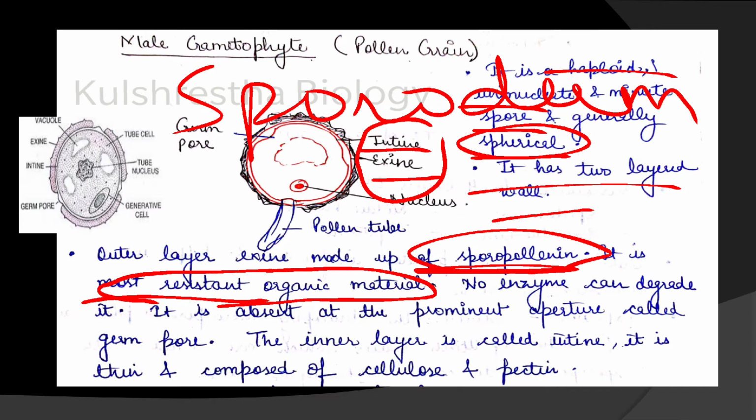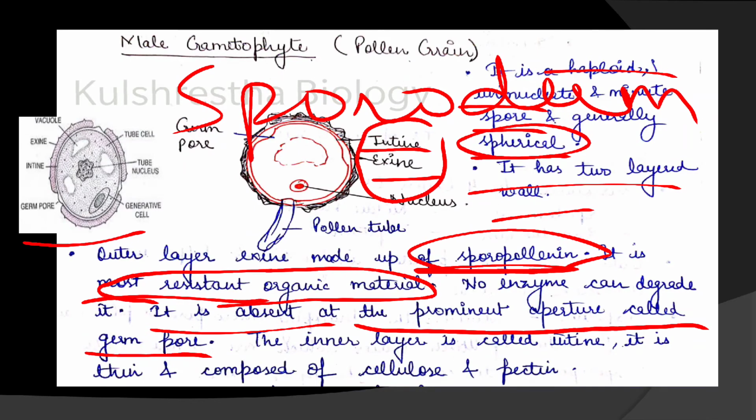Now at some places it is absent and a prominent aperture is formed, which is called the germ pore. In this image it is very clear that here and here a prominent aperture is there, which is known as the germ pore. At this place the sporopollenin is not present, or if present it is very thin. So from here only the germ tube arises. Germ tube arises at that place where the sporopollenin is not present, and that place is known as the